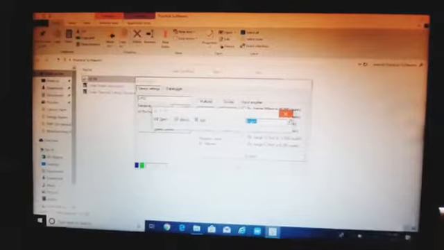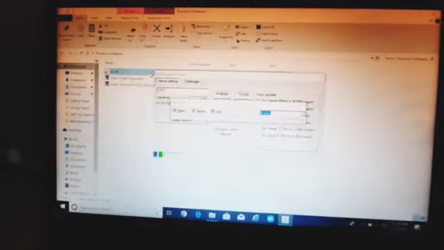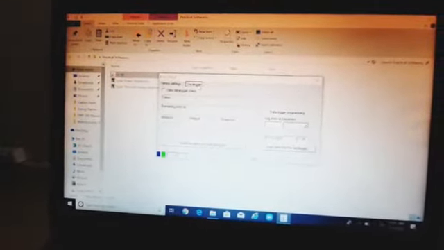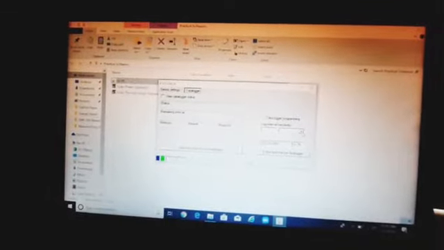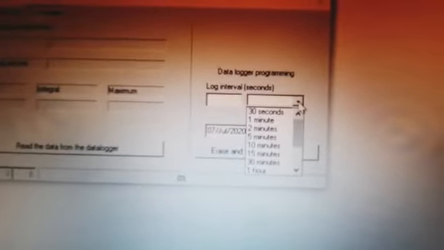In this computer you only set the data logger settings. Don't set the sensor settings. You are adjusting the minutes, after how much time you need the readings.